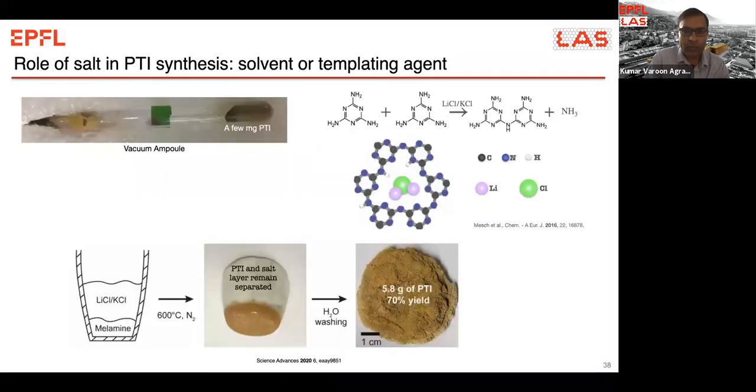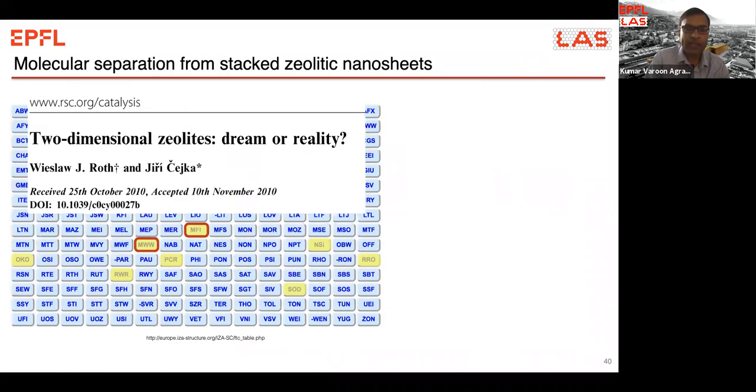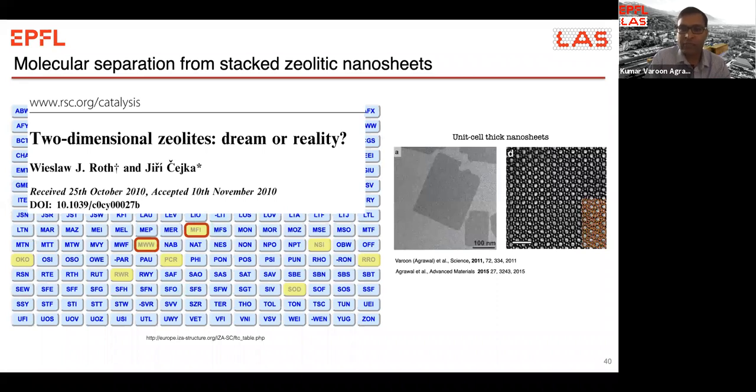So maybe I should skip this, but I'll quickly show you a case study where we did this for zeolite nanosheets. Zeolite, as many of you know, is aluminosilicate. They are typically three-dimensional crystals, and more recently, in I think the last 2 decades, two-dimensional zeolites have started to pop up, and I highlight some of the frameworks in zeolite where two-dimensional layers can be or have been synthesized. This was something that I also did in my PhD work, where we synthesized MFI zeolites in the group of Michael Tsapatsis.